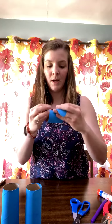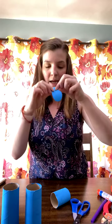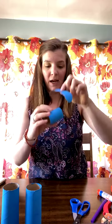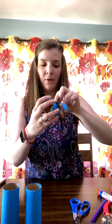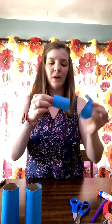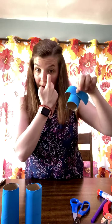Okay. So while my hot glue gun's heating up, I'm going to indent a little bit in the middle here. Okay. And that's going to help push the ears up so they stand up a little bit more. So I'm going to glue this right on the top. Okay, while I'm waiting for my glue gun, I want to make sure that my favorite part is up top too. Okay, I have this little face, so I'm going to draw on my eyes today